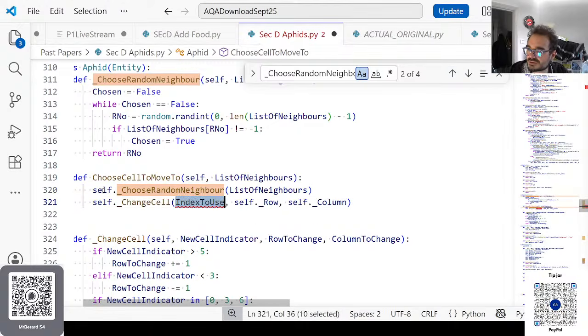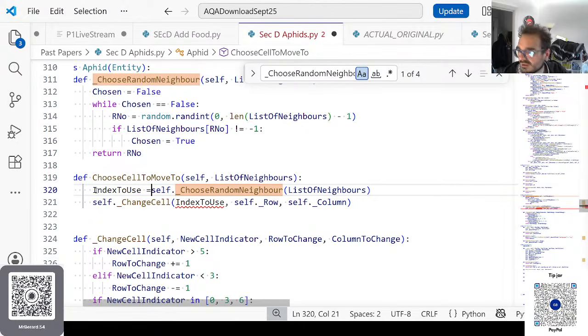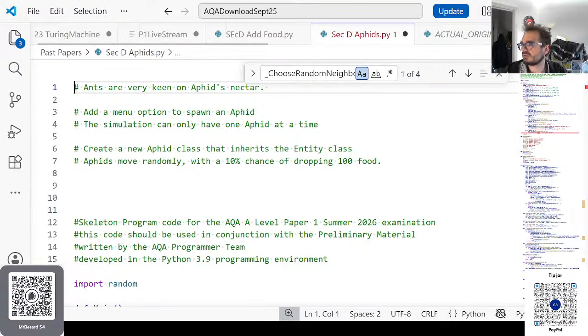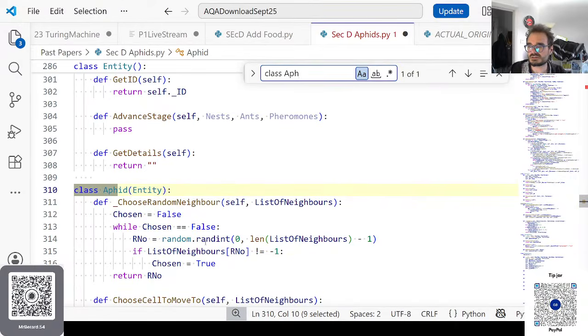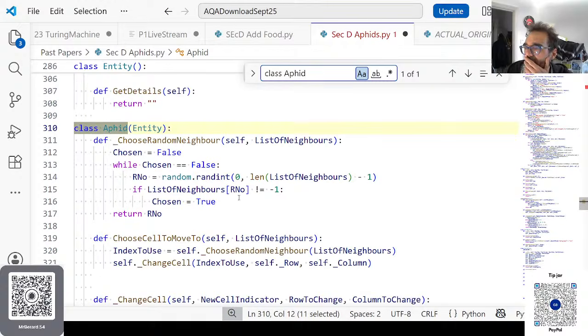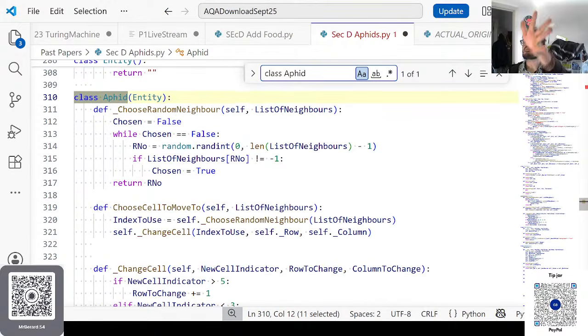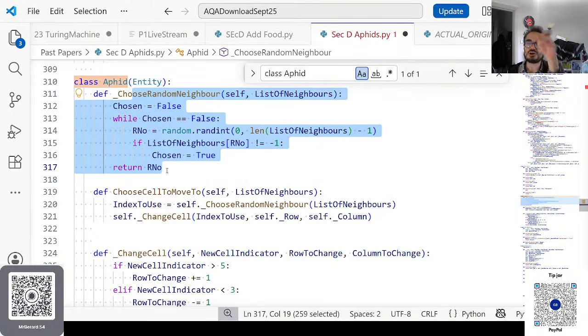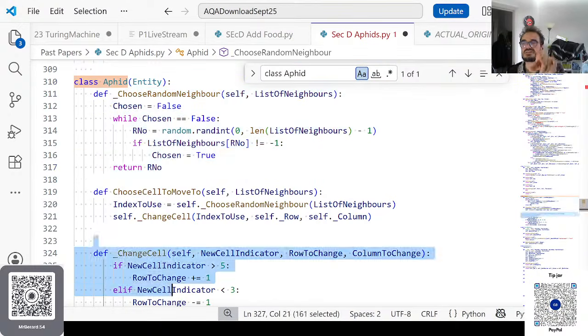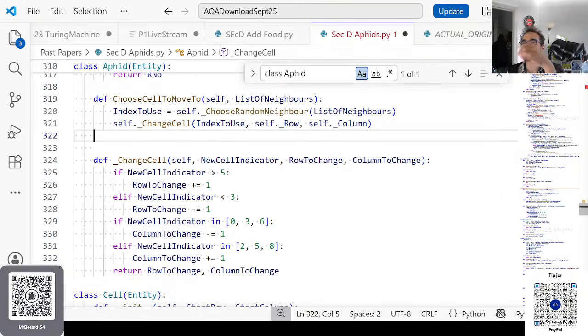Index to use is defined here. Okay, well, class AFID. My class AFIDs has this that I ripped off the OND class, and this that I also ripped off the OND class, and then choose cell to move to is just